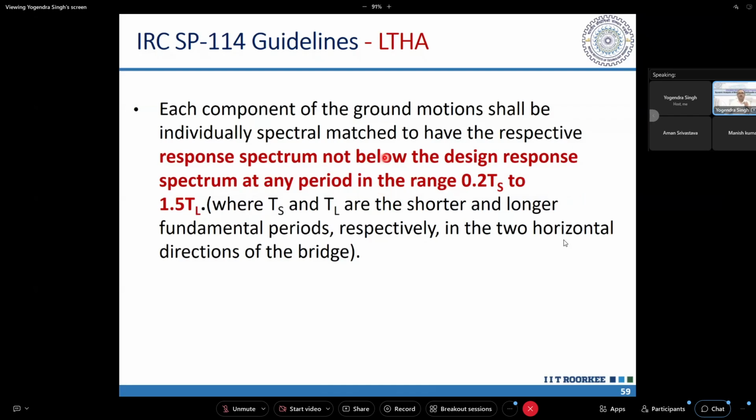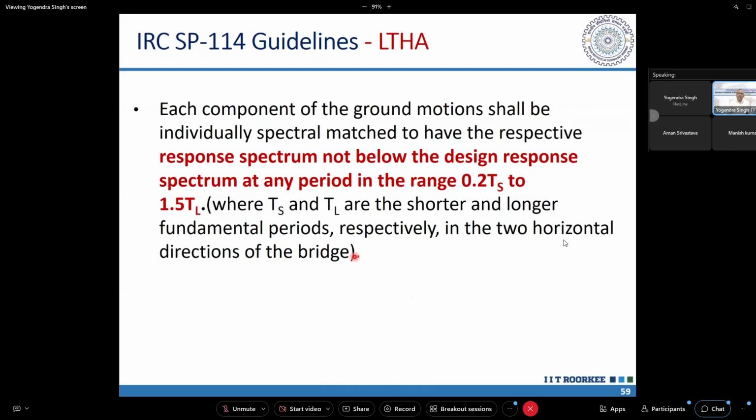And here these response spectra are individually spectral matched. So the H1 component will be individually spectral matched with the horizontal target spectrum. The H2 component will be done separately. And naturally, because we are taking these records from natural recorded past earthquakes, these will be uncorrelated. So the risk of correlation is not there. If we were generating artificial time histories, then we would have to ensure that both are not correlated. And we have to perform similar